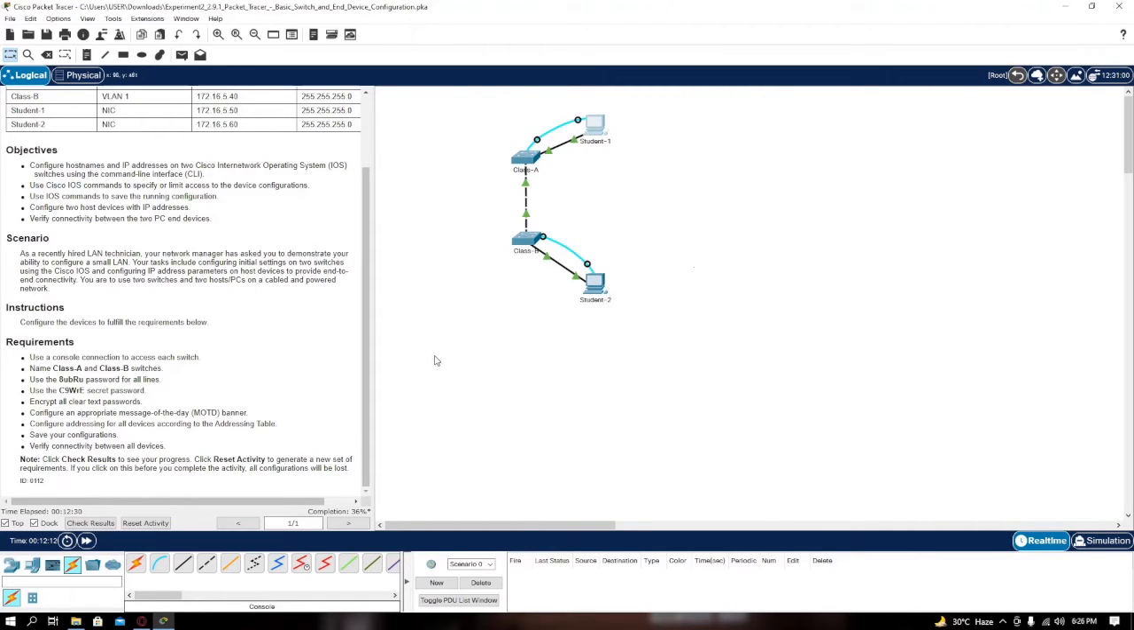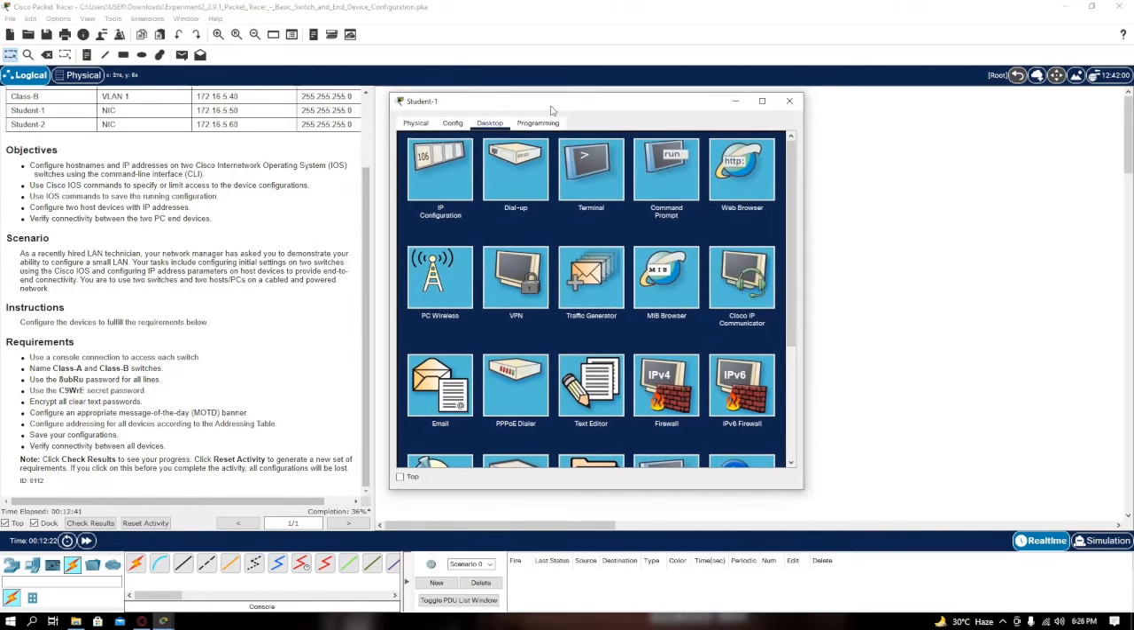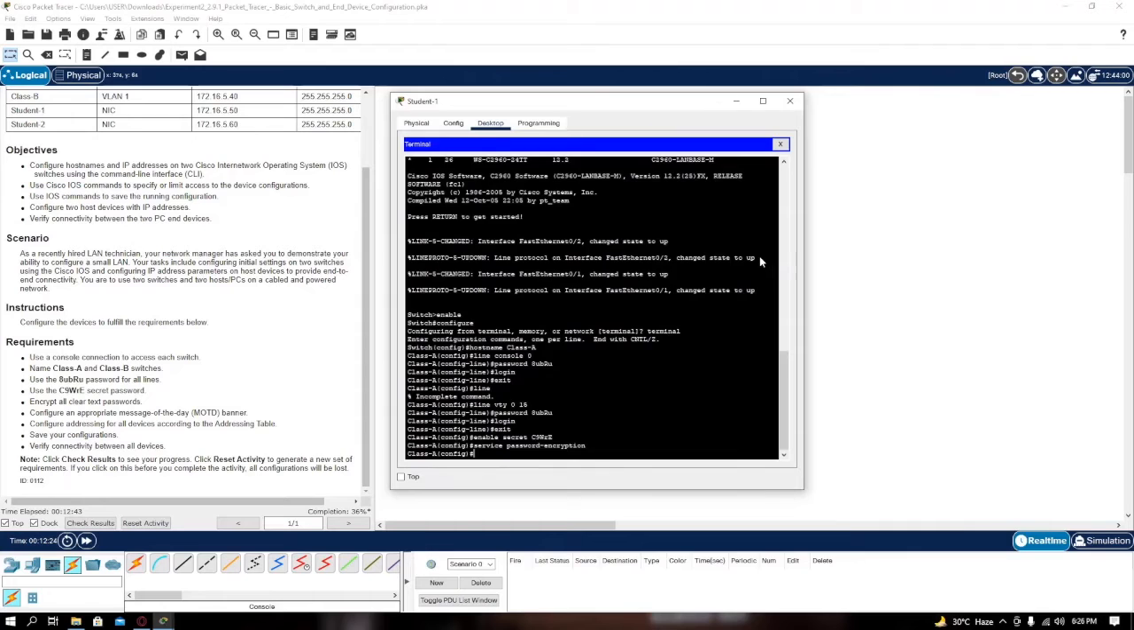So next is to configure an appropriate message of the day MOTD banner. So let's first edit for the student 1 or switch 1. To do this requirement, type banner space MOTD space the message that you want to